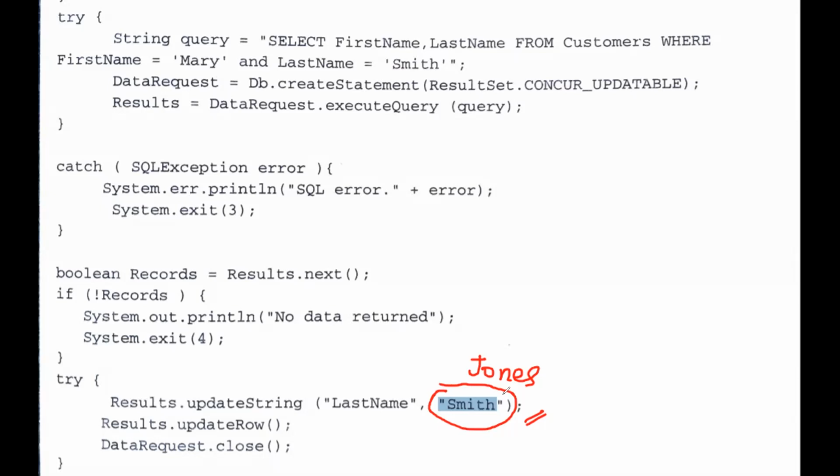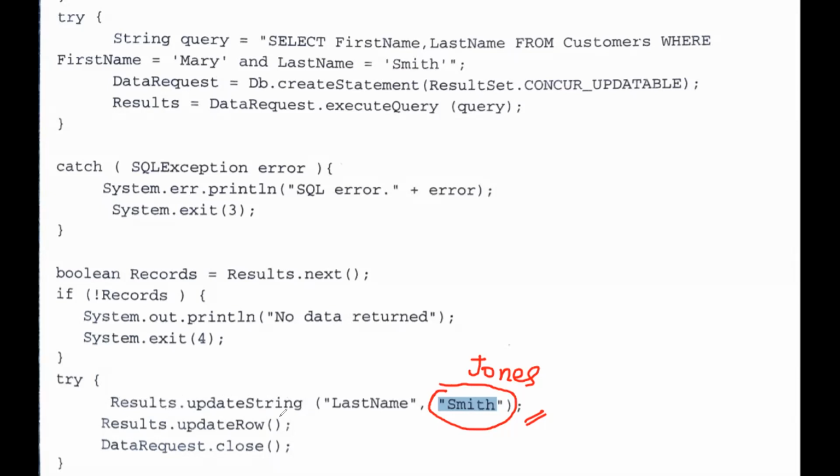In this particular example, we are searching for the person Mary Smith, and the last name we are changing to Jones. The change takes effect once the updateRow method is called. On the result set, see here, results.updateRow, this method has to be called. Only on calling this updateRow method will the row get updated, which means the changes will take place and the effect can be seen.